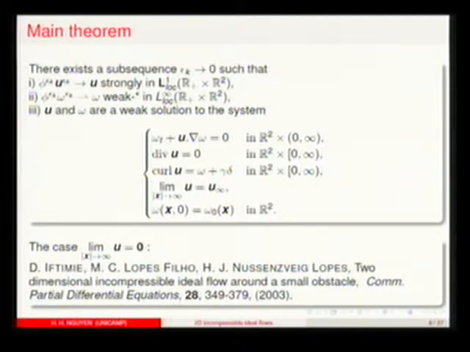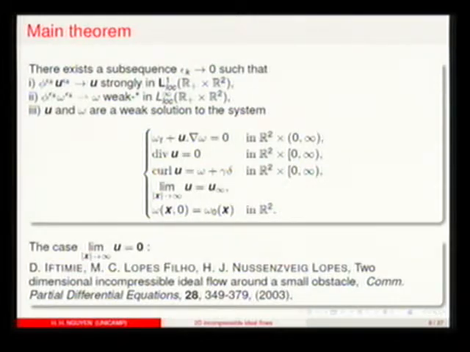Yeah. But on your previous slide, you said omega 0 depended on the curl of U epsilon, right? So omega epsilon depends on U epsilon, and omega depends on U.